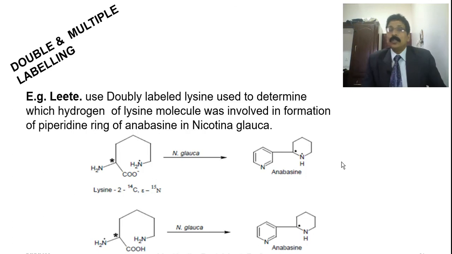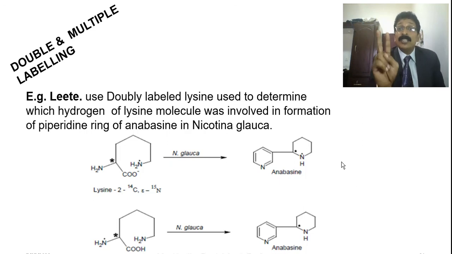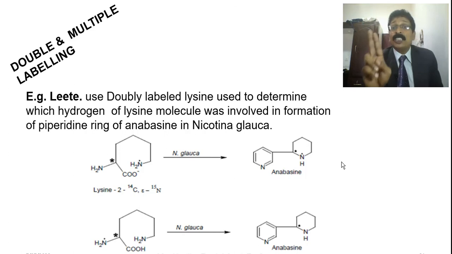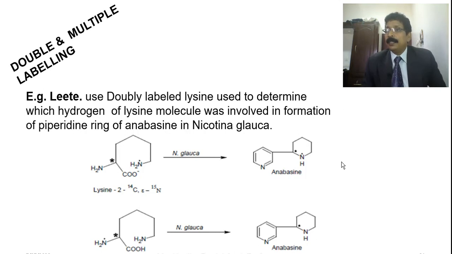Thank you. So, you see, this is a confirmation. That is why I want to stop here. The students should understand this is how they will find out. So, they know that of these two compounds, this lysine is fully responsible for the production of piperidine, not for pyridine.